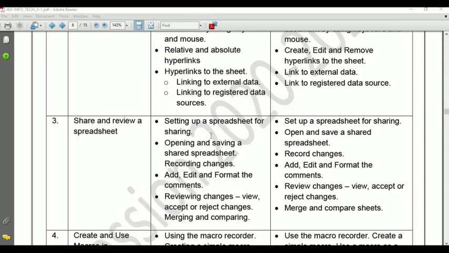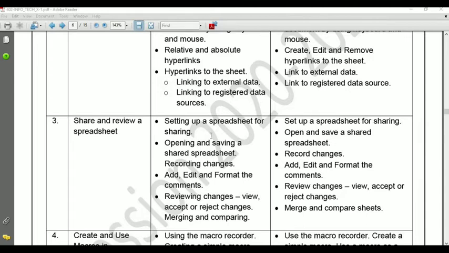Suppose there is a project on MS Excel or in a spreadsheet, whether in Calc software or in Microsoft, whatever, but you simply say spreadsheet-based software, and there are 4 members in a group. They are working together to complete this project. At the same time, they all want to work together on the same spreadsheet. For that reason, we need to share our same workbook with all the members.